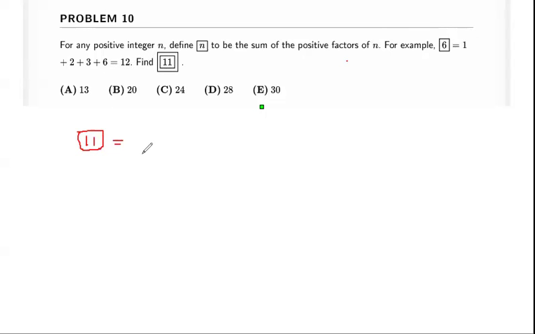This means you add the divisors of 11. 11 is a prime number, so we have only two divisors, which are 1 and 11, so that is 12, right? So now we got the inside square, but there is another one, so this has to be equal to 12 now, right? So 12 is